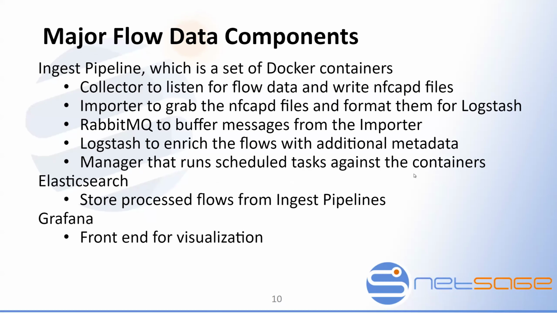So a quick overview of how NetSage works is, NetSage on the consumer side effectively, or well, I guess TACC would be the consumer side. On the side that's giving us flow data, whether that's a regional network or an international network or something like that, wherever we're collecting data from, it's a set of Docker containers that basically collects flow data. It writes out NFCap files from the collector. The importer then looks in a specific directory or set of directories for those NFCap files and then takes those